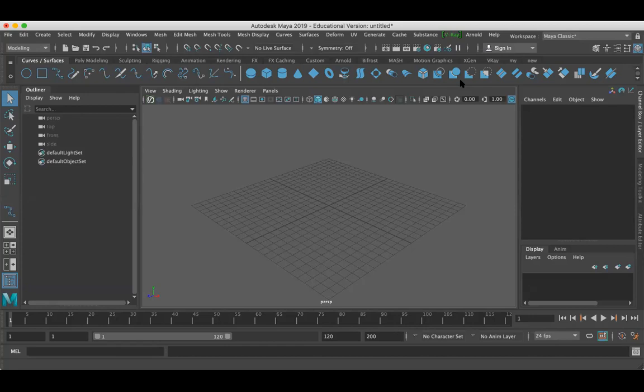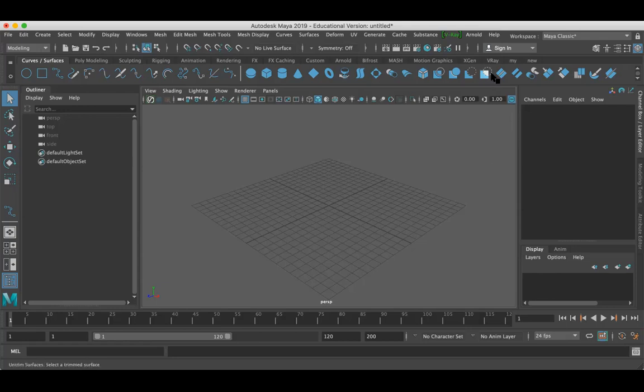So guys, the next topic is lighting. In the lighting part we have many renderers. You might have heard of Mental Ray, V-Ray. In this lighting and rendering, we will be working with Arnold. Arnold is also a most welcomed renderer in the industry these days. In industries, people are using the Arnold renderer, and it is more powerful. The advantage of Arnold is that it is faster than other renderers.